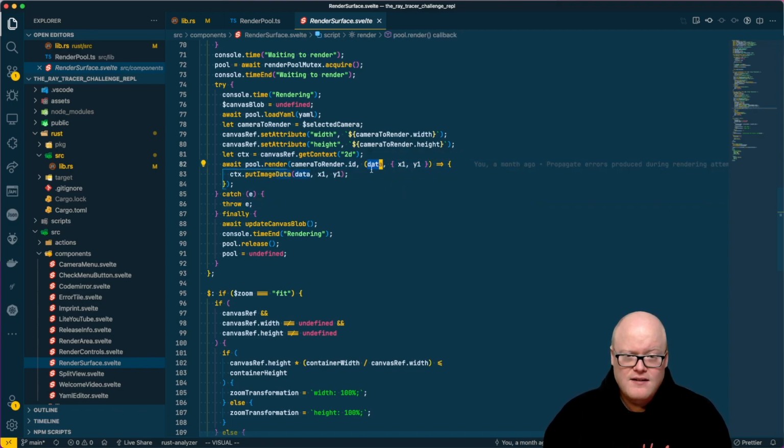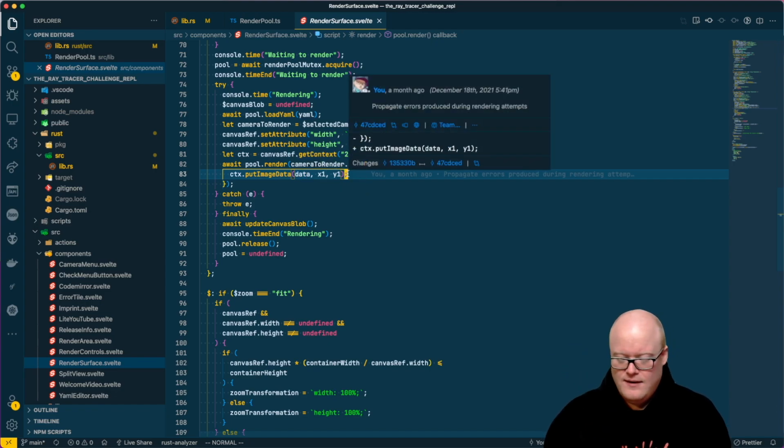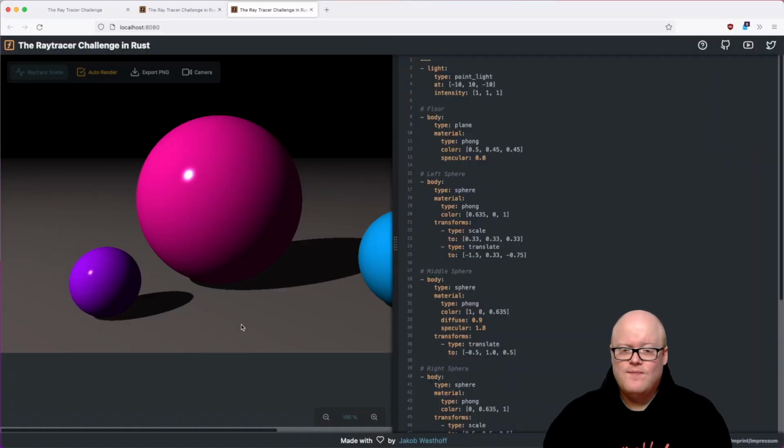So we are getting the data of the block here, and we're getting the block information, which actually is containing the bounding box which is rendered, and we are only interested in the top left part of it. So we are only extracting x1 and y1 here. And then we are telling our canvas, our browser element, to put this image data on screen at coordinate x1 and y1. This is actually why we encapsulated it before in this image data structure. And this is when the drawing on the screen happens, which you see happening here